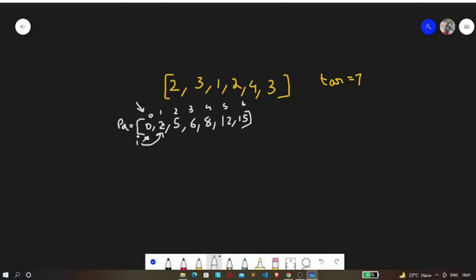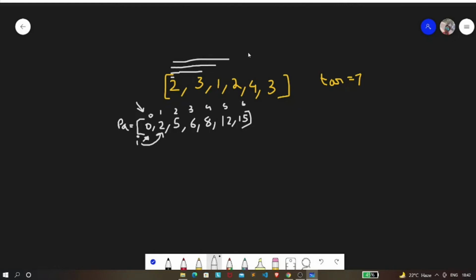So we're going to start from this element, and we're going to check each subarray that starts with the element present at index 0, that is 2. So we're going to check for 2, then 2 3, then 2 3 1.